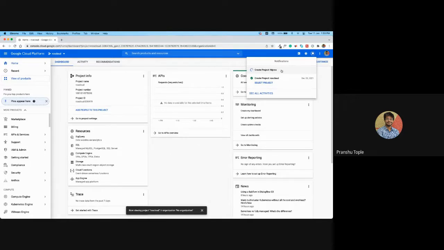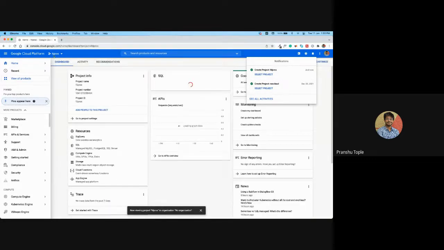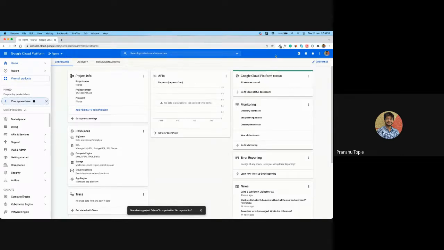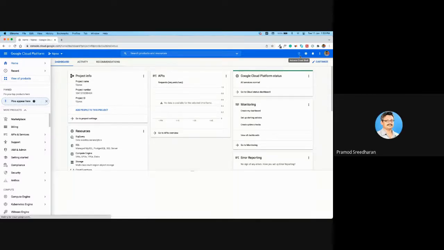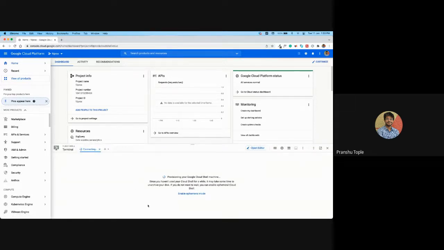So it is creating FDP ROS, and I will select the project. Now you can see it is written FDP ROS. So this is my ROS project. If I want to access this project, here is the terminal icon, Cloud Shell. Can you see this? Yes. Now if I click on this, this is my Ubuntu terminal, because for cloud PCs in industry, everybody uses Ubuntu. Let it open, it will connect to the server. Once it is connected, it will give me a terminal. I will show you.